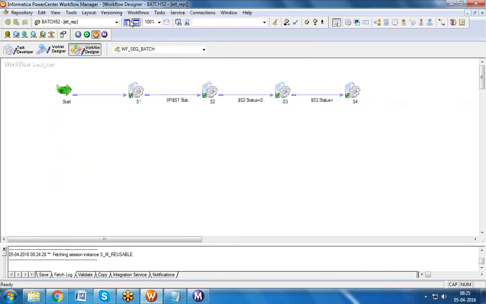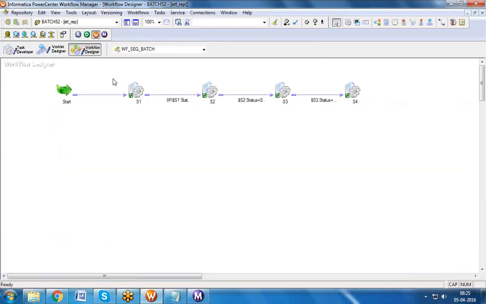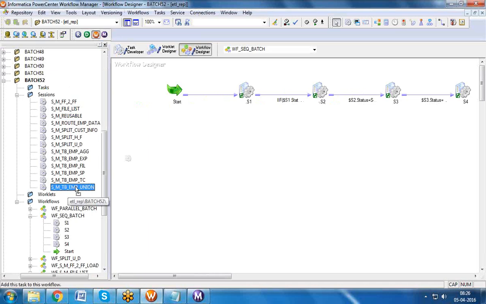Why would one go for a worklet? To avoid the complexity of the workflow designer, you go for a worklet. Let me explain with a small scenario. Let us assume I have a requirement where, in a single workflow, I have all these sessions.